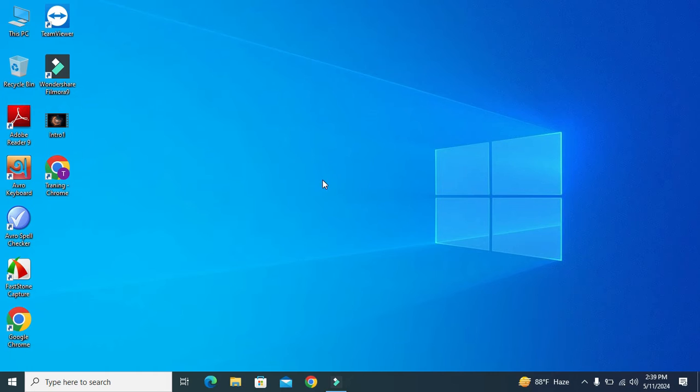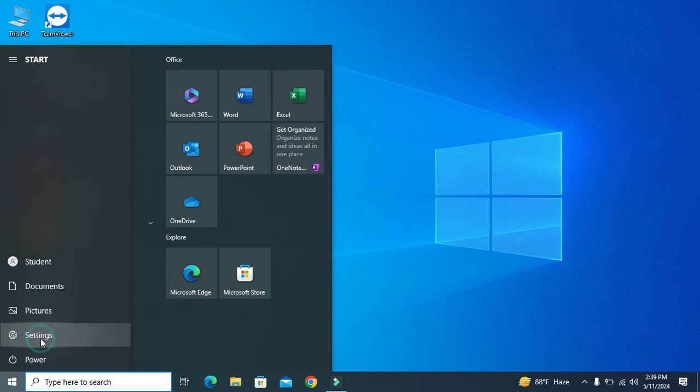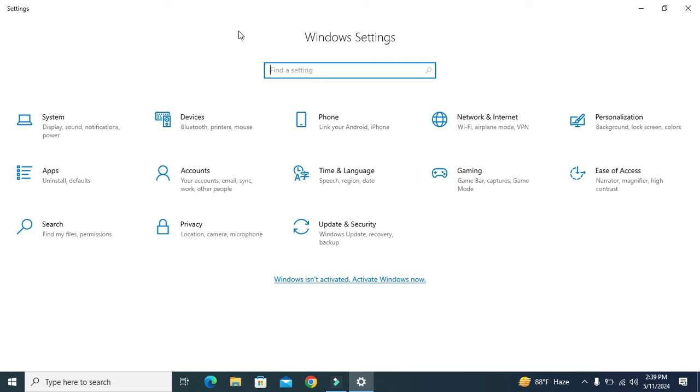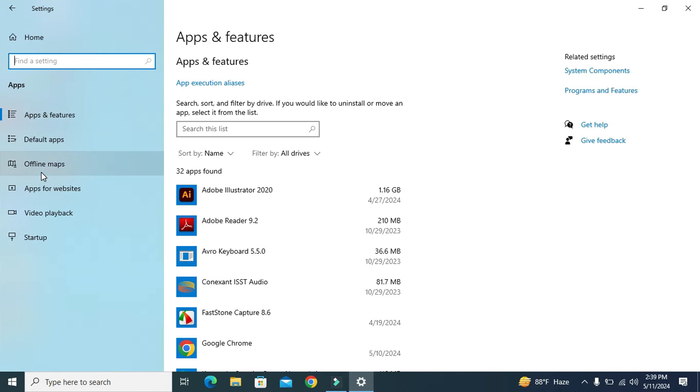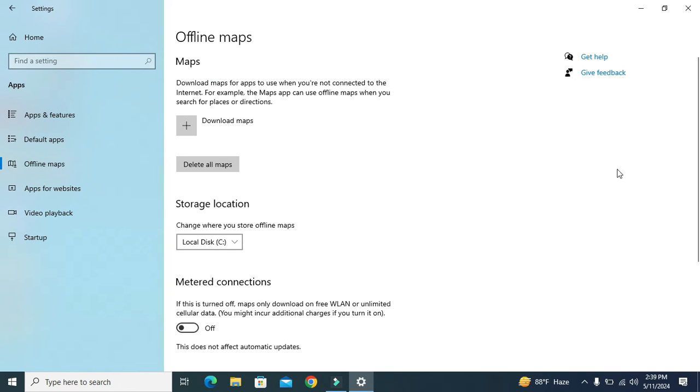To turn on automatically update maps on a Windows 10 computer, click on the Start menu, click on the Settings icon. In Settings, click on Apps. In the left pane, you will find an option Offline Maps. Click on Offline Maps. Now scroll down,